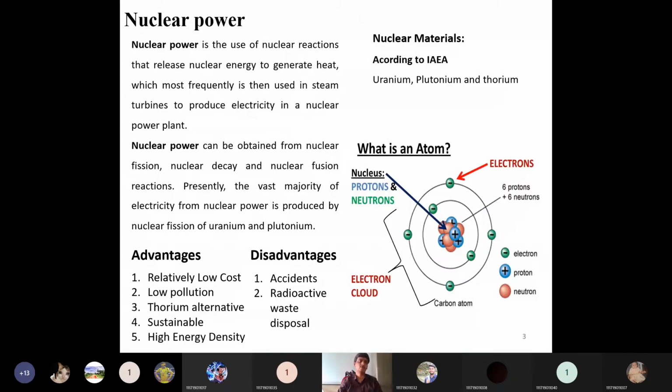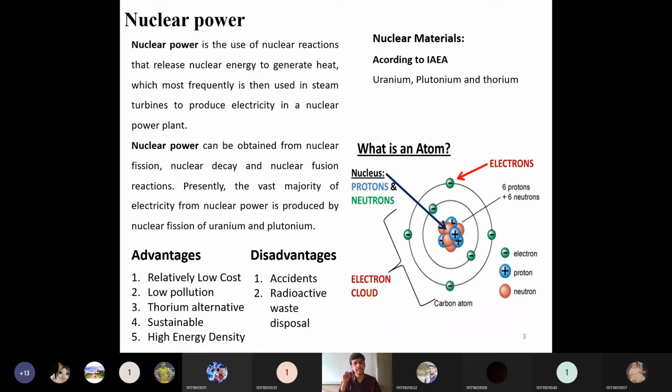materials. So what is nuclear power? First of all, what is nuclear power? Nuclear power is nothing but using some nuclear reactions, okay, a fission reaction. Whatever exothermic energy is liberated by those compounds, nuclear materials, that exothermic reaction heat will be utilized in order to send that heat to the steam turbine. Thereby, it will be producing electricity. That kind of process is called a nuclear power generation unit or nuclear power plant.